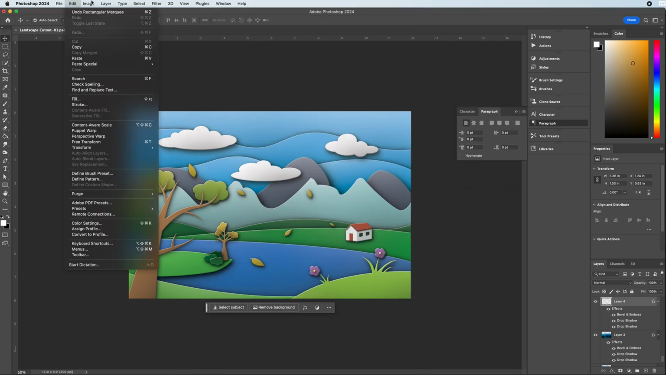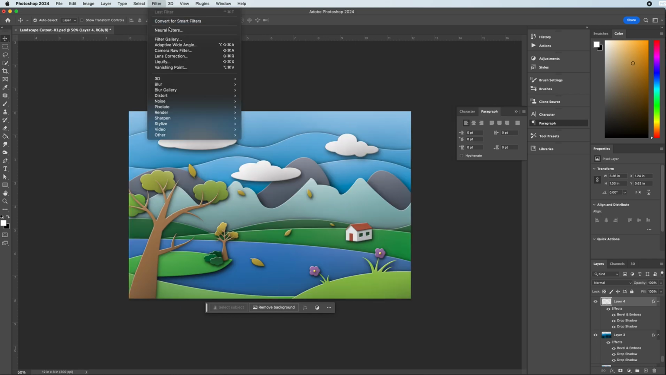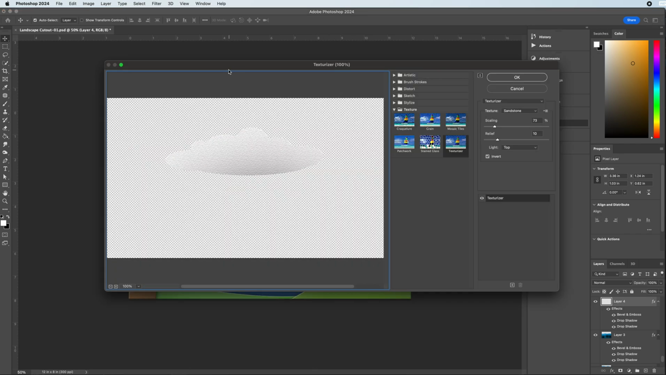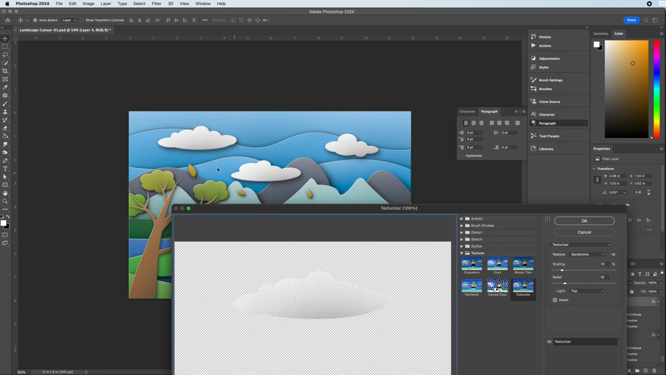I'm going to change my setting over to see what happens when I do an RGB. I don't want to merge. And the reason I'm checking this is just because the restriction of the filter gallery. With the filter gallery, it just provides me a different type of texture. So if I'm taking a look at one of my clouds,